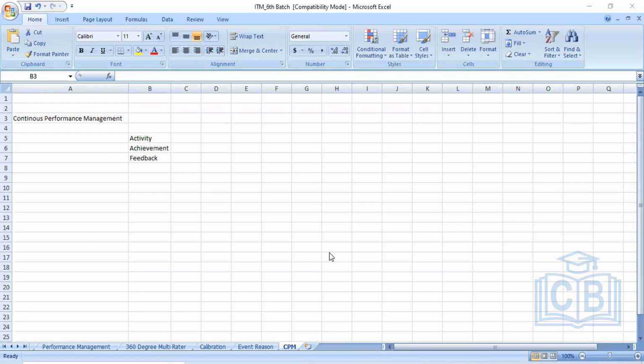So in that case, what SuccessFactors has done is come up with a tool called CPM, that is continuous performance management. In this continuous performance management, firstly, the gap between employee and manager will be reduced. On a day-to-day basis or on a weekly basis, there will be a connect between the employee and the manager.